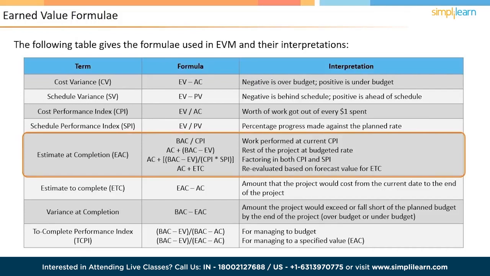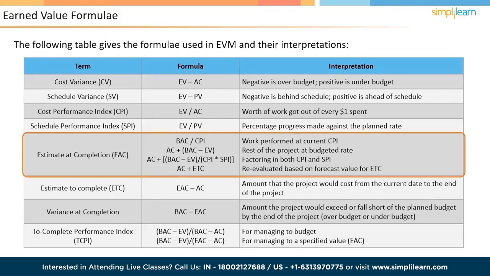AC plus BAC minus EV by the product of CPI and SPI is used if you want to factor in the impact of the cost as well as schedule variances. AC plus ETC is used if you want to re-evaluate the project based on a forecast value for the estimated cost of the